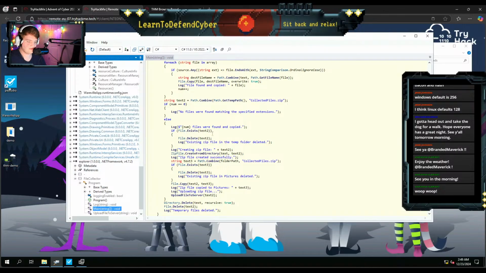If it exists, delete. Existing zip file in the temp folder was deleted. Creates a new zip file. Create from directory. Zip file created successfully, called collected files.zip. If the file exists, else, existing zip file in pictures deleted. So I'm assuming it's in our